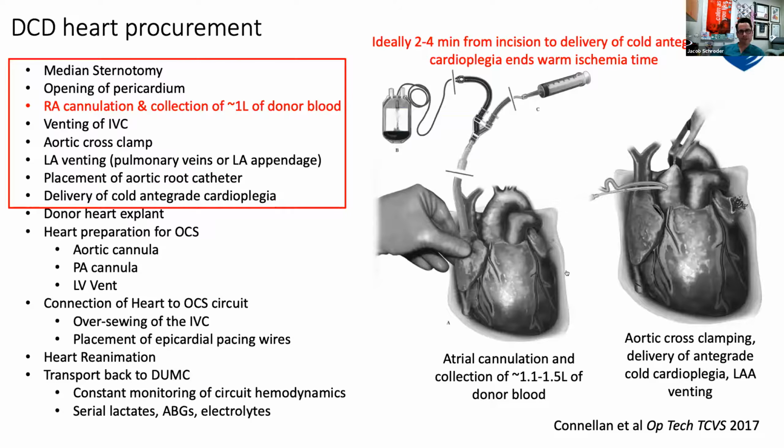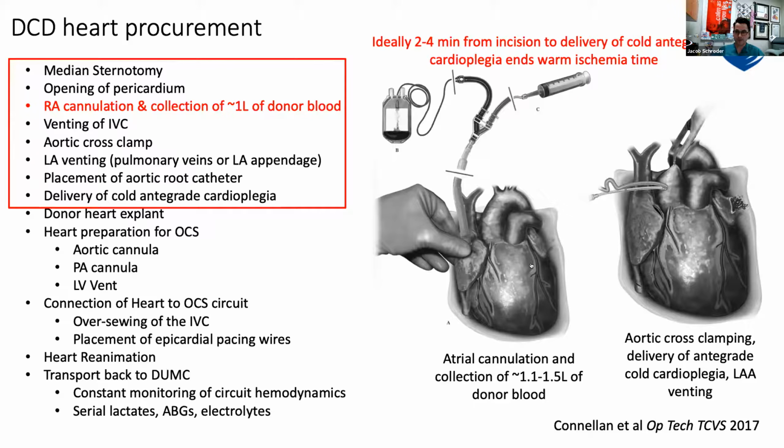The heart procurement's a little bit different than a normal procurement in that we need blood to put in the OCS. We've actually done it with packed cells, and I know other centers have done it with packed cells. The Sydney group seems to think that the hearts aren't quite as good with packed cells. Again, we don't have any idea because the numbers are so small.